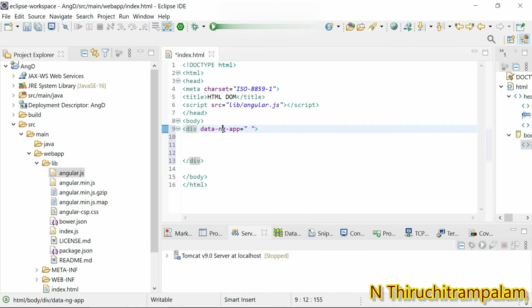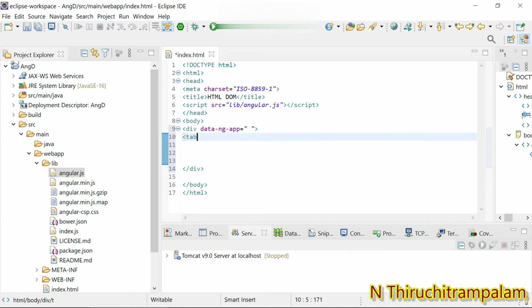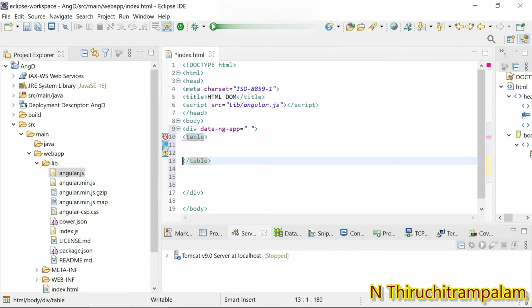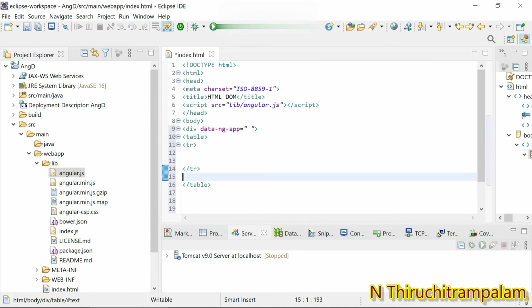Here I create a table. Within this table I create a tr element, and a td element. Here I create a button.